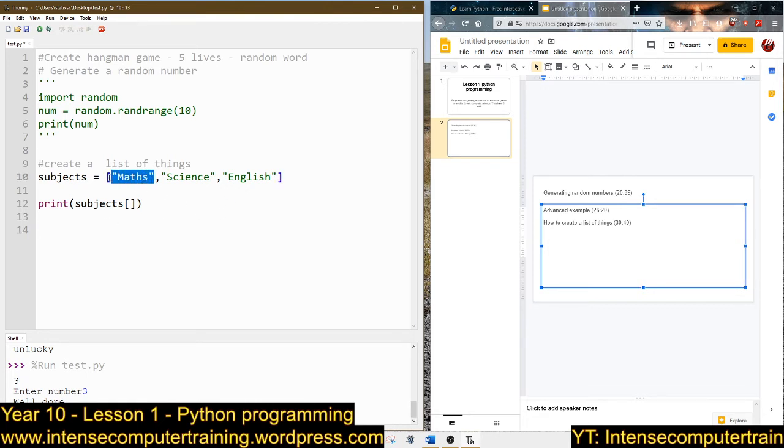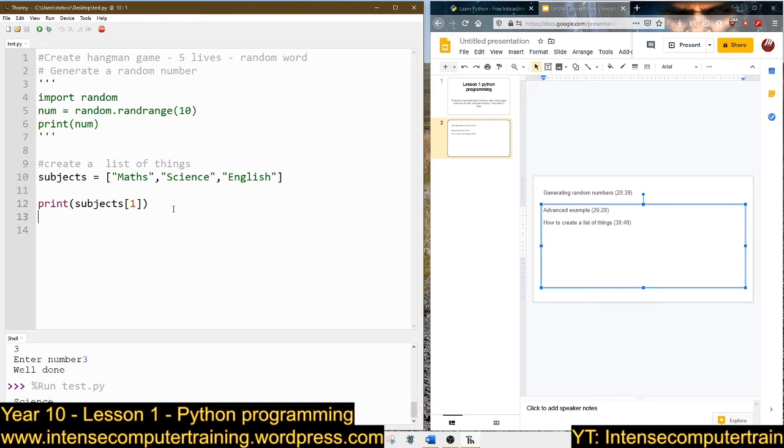So this is item 0, between this comma, this is item 1, this is item 2. So I want to print out science, I have to put 1 in there, because that's item 0, that's item 1, that's item 2, but there are 3 items in the list. So if I run that now, what you should see is you can get science printed out,